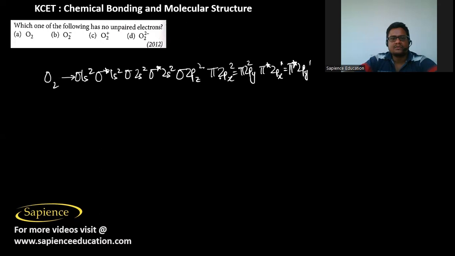Since O2 has got 16 electrons, it has got two unpaired electrons,